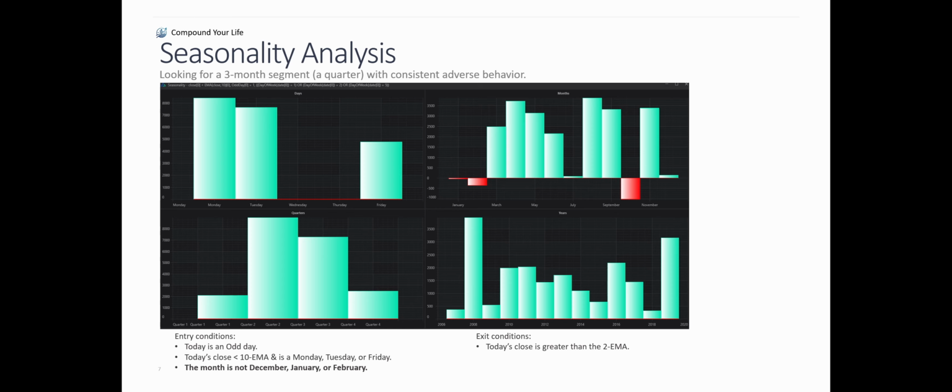January tends to be slightly negative, but it's still also kind of break-even. And then February is considered a losing month. So my rolling quarter that I'm going to get rid of is December, January, and February. Even though that's not a quarter as you might see on the calendar, that is a quarter I can explain